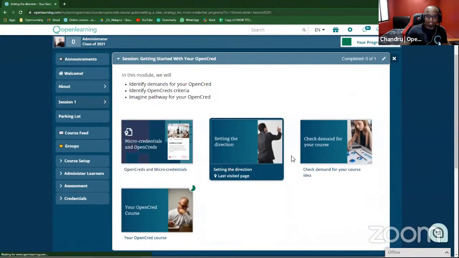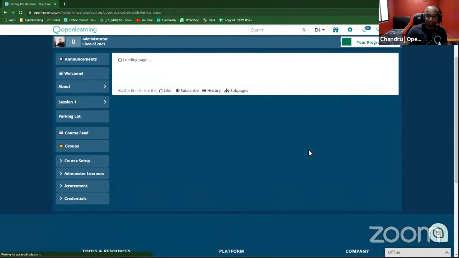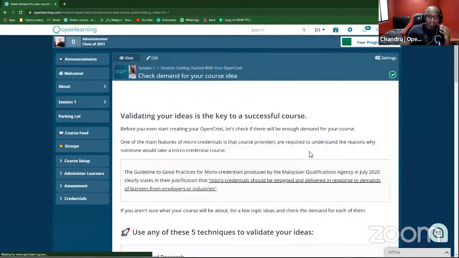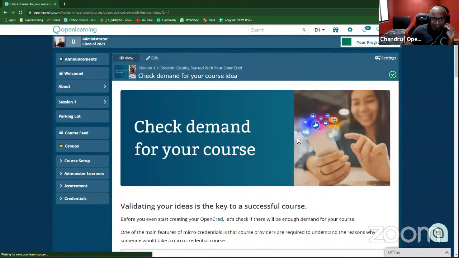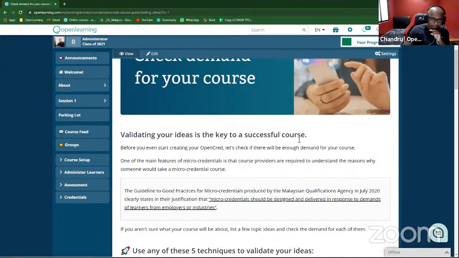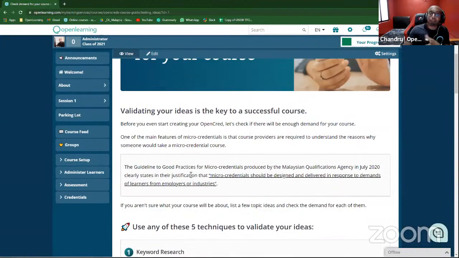And the third one is, I want you to go to this page and check the demand of your course idea. This is also a very important part. It's very important to check if the topic that you want to develop has demand in the market, because according to the guideline of good practice for micro-credentials produced by the Malaysian Qualification Agency,